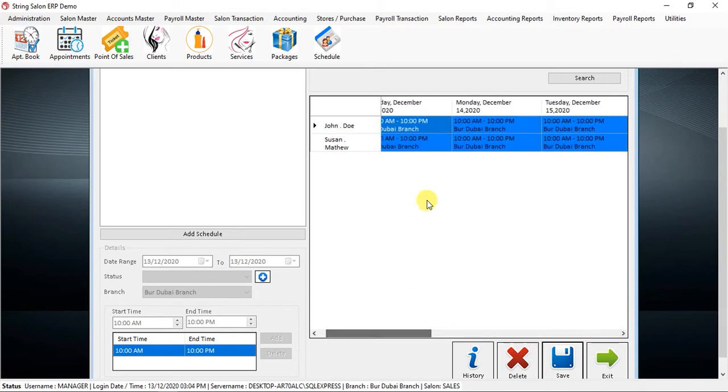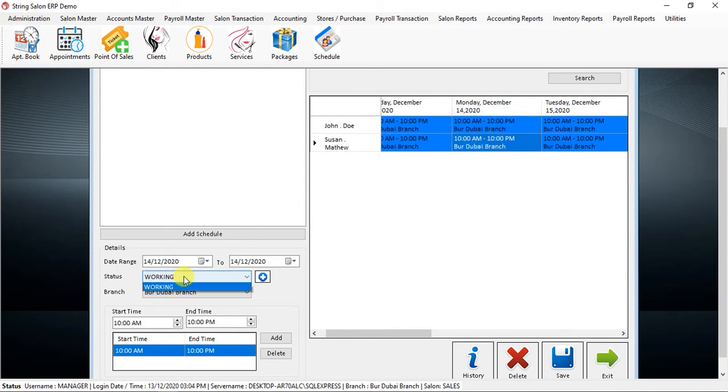And if you want to change any particular day to another branch, or a different time, or a different status, then you can double click on that particular day. So you can see 14. I click for Susan Matthew on Monday 14 December. Double click that, so working. If I put day off, then that particular employee will come as day off.